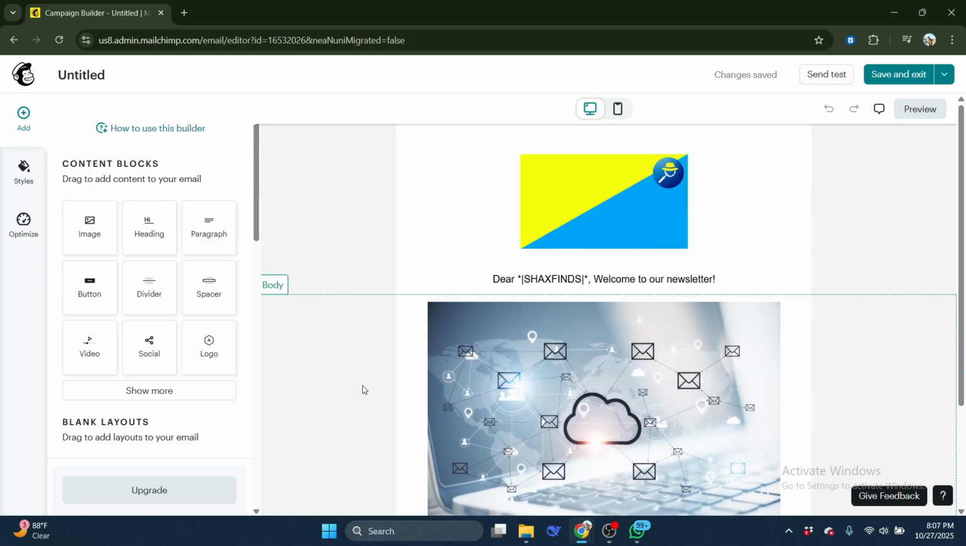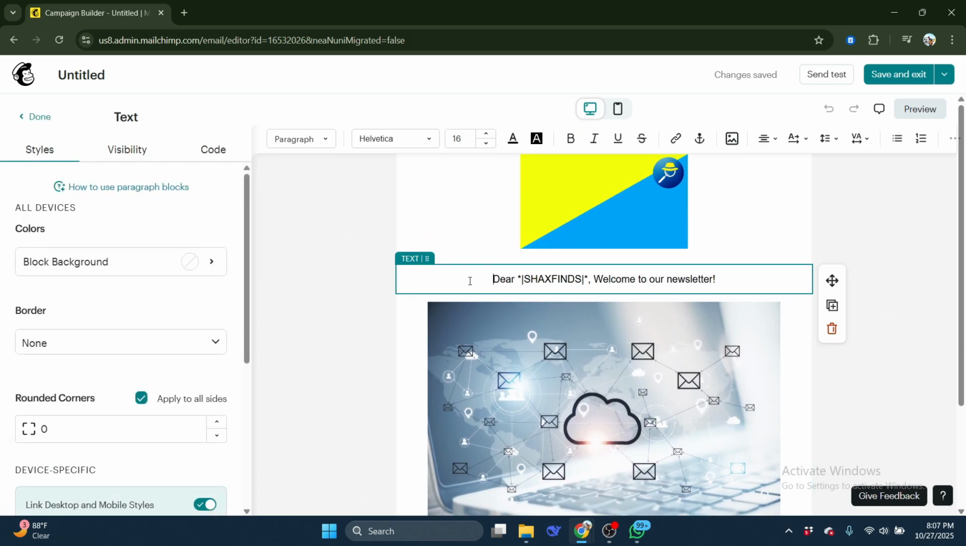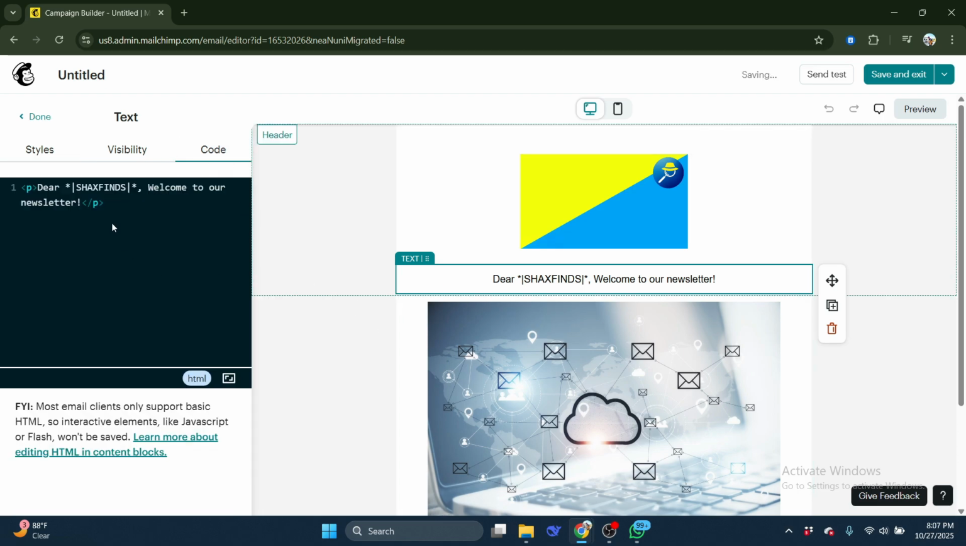As you create your email, locate a text block where you'd like to add a personal touch. Click on the text block and then go to Code section, and here, type something like, "Dear Shax Finds, welcome to our newsletter." This is known as a merge tag, and it's how Mailchimp personalizes messages. When the email is sent, Mailchimp automatically replaces name with each subscriber's actual first name, making every message feel unique